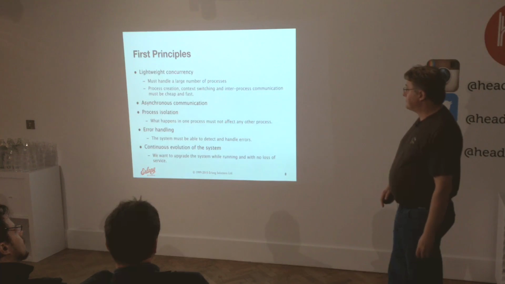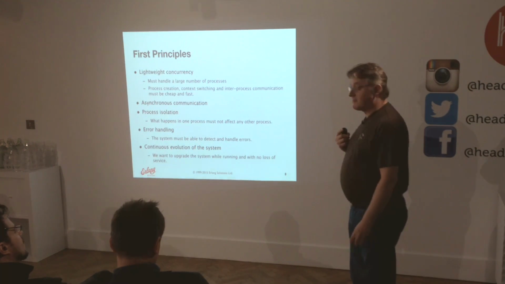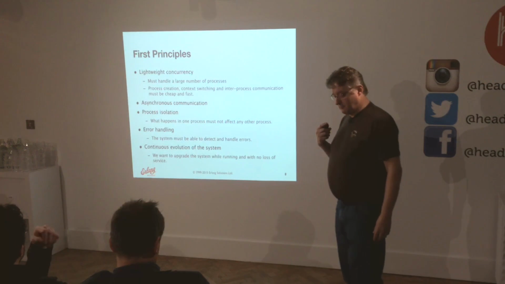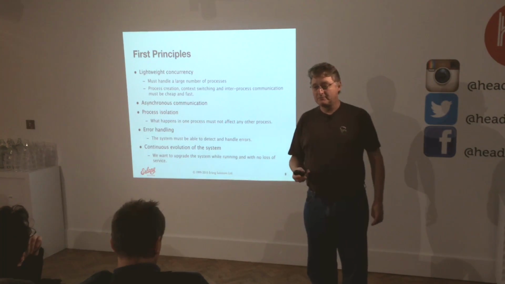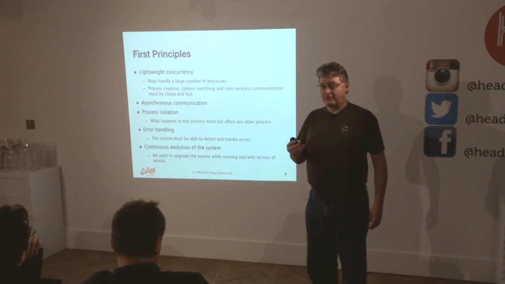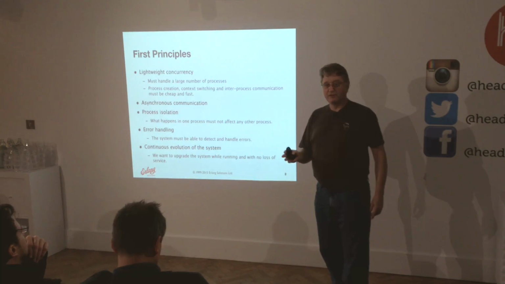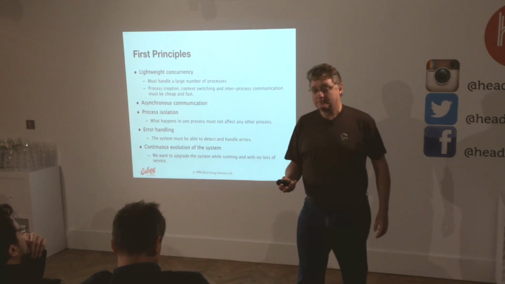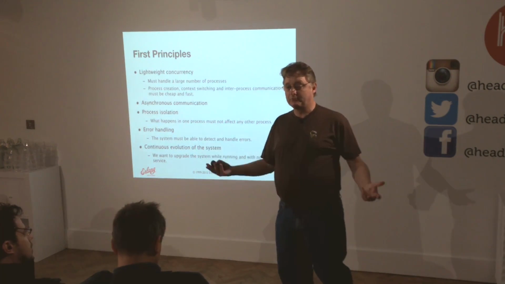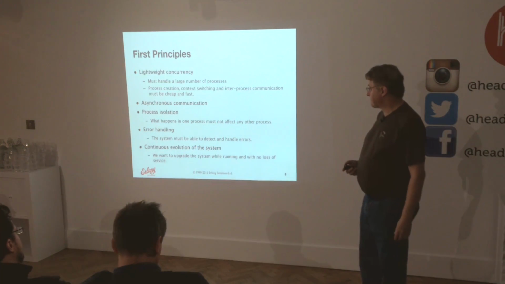So yeah, where do we end up with all this? Well, the first principles: lightweight concurrency. What we arrived at was that concurrency was such a fundamental part of the problem, you had to build support for this in at the bottom. It's not something you could add as a library on top of it. It was just too fundamental for that. It was almost at the same level as doing a function call. This is what the system was doing all the time. I've got a very short code example towards the end.